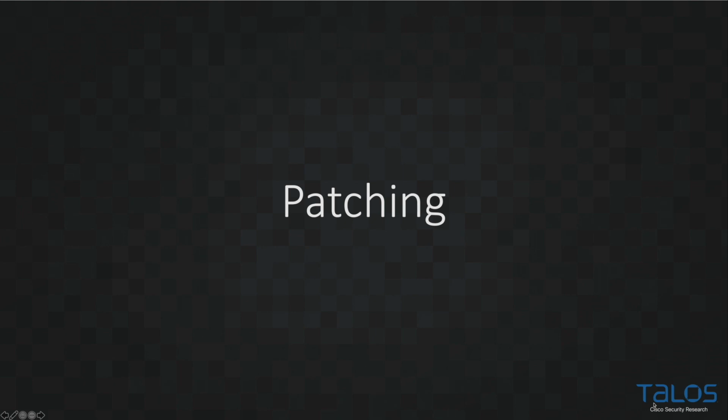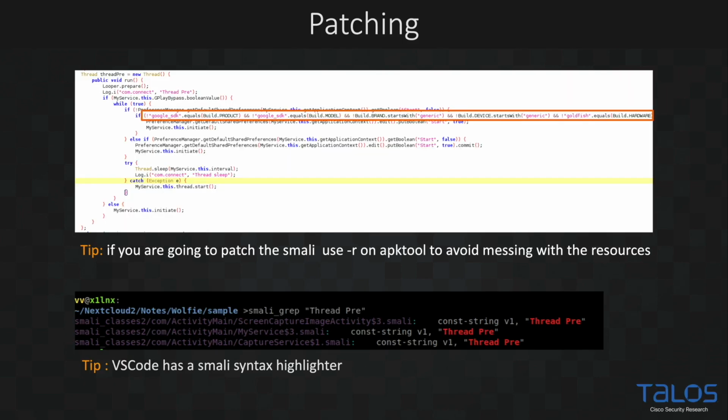Okay, now it's time to talk about patching. It's rather simple patching. So first of all, we need to understand exactly what you want to patch. In this case, for instance, we are changing these conditions. This malware is checking if we don't have a Google SDK in any of the properties. Basically, it's checking if it's an emulator or not. So in this case, what we're going to do is change those conditions so that it will bypass this kind